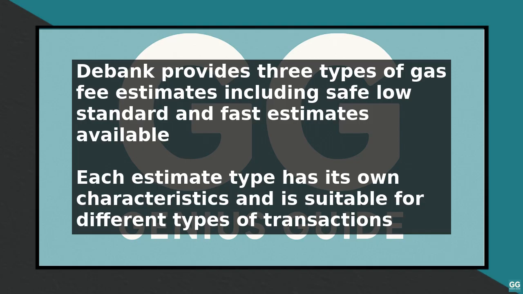To use Debank's gas fee estimation in your application, you will need to make an API call to the Debank API endpoint, passing in the required parameters such as the transaction information and the type of estimate you want to retrieve. Debank will then return an estimate of the gas fee required for the transaction, which you can use to optimize your transaction costs. Best practices for integrating Debank gas fee estimation include handling errors and exceptions properly, caching estimates